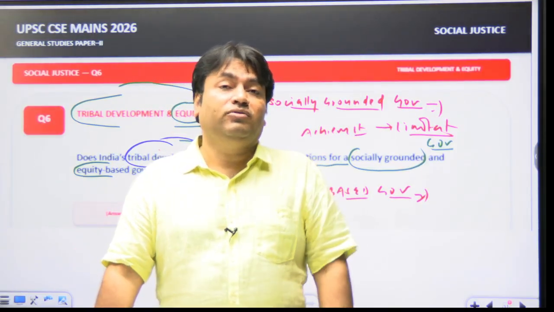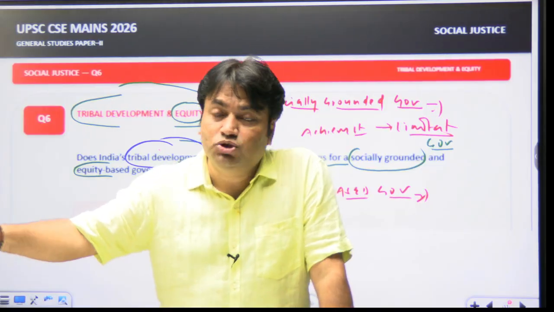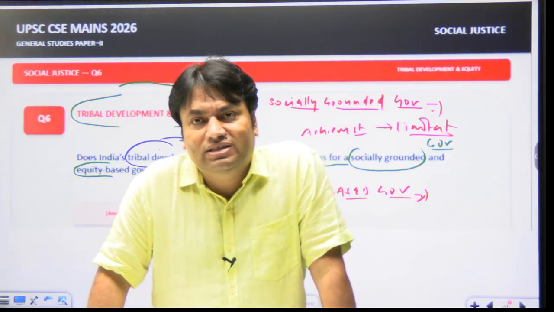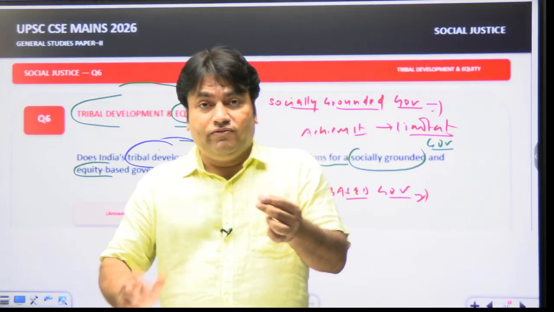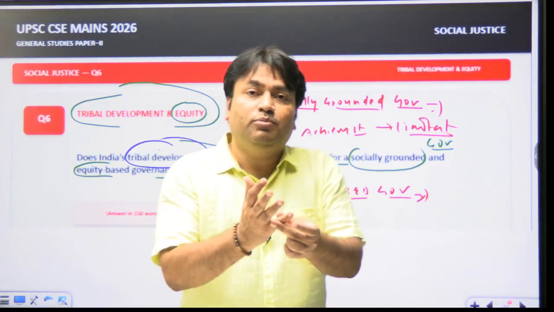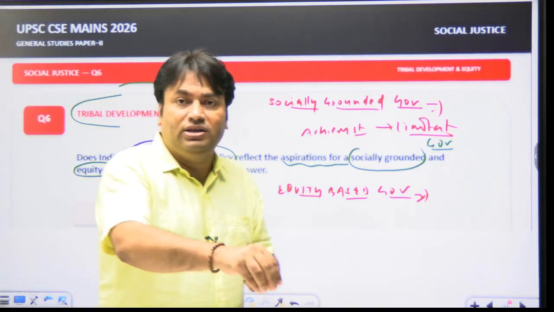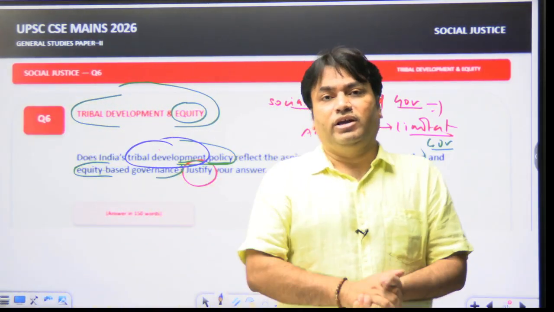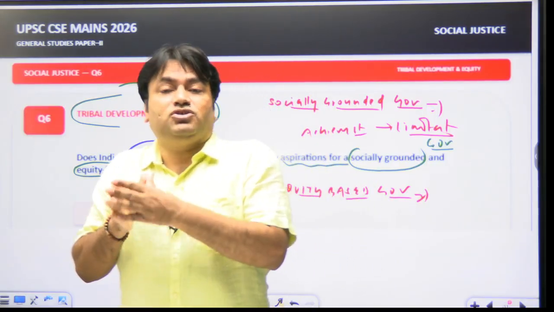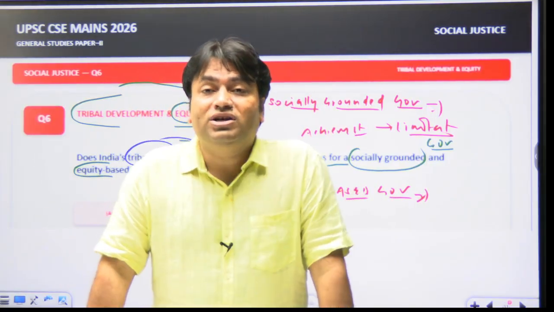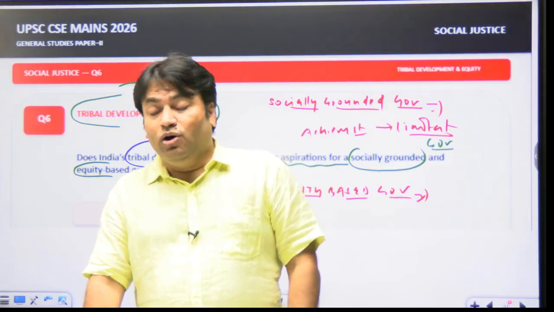This is in Article 46, right? DPSP is directing the state according to Article 46 to promote the educational and economic interest of the STs, scheduled tribes, and protecting them from social injustice and exploitation. Now in constitution we see the Fifth Schedule. Fifth Schedule does what? It provides a special administrative framework for scheduled areas and tribal communities who are living outside the Sixth Schedule areas. And what is about the Sixth Schedule? So we all know that the Sixth Schedule provides autonomous institutional arrangements for tribal areas in Assam, Meghalaya, Tripura and Mizoram. Now in our constitution there is Article